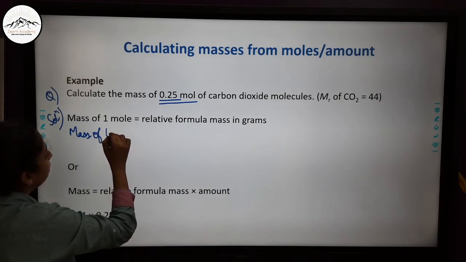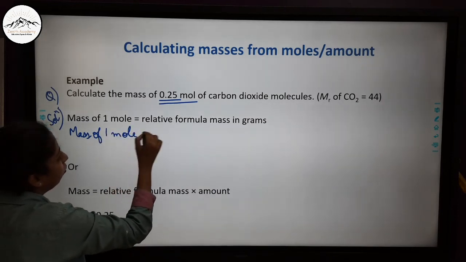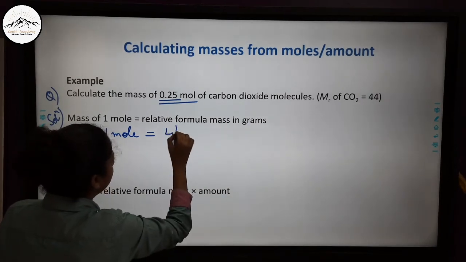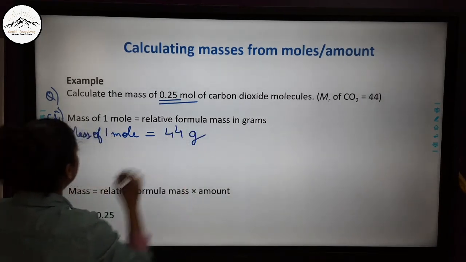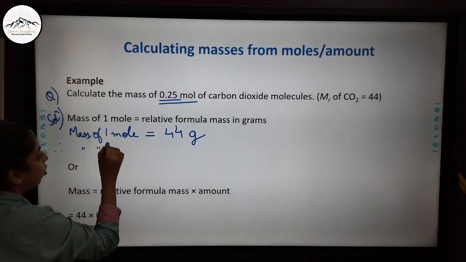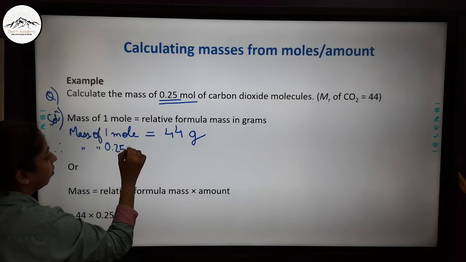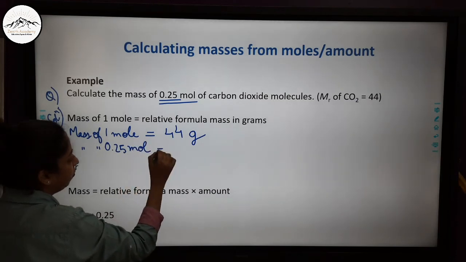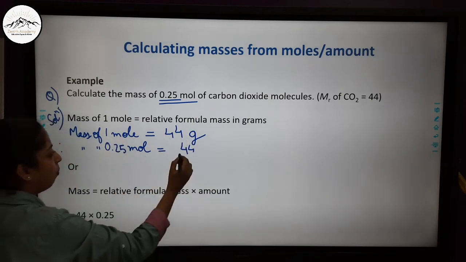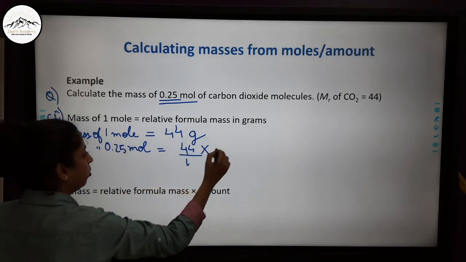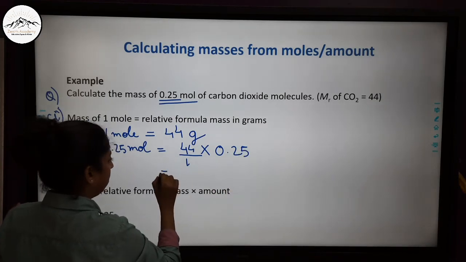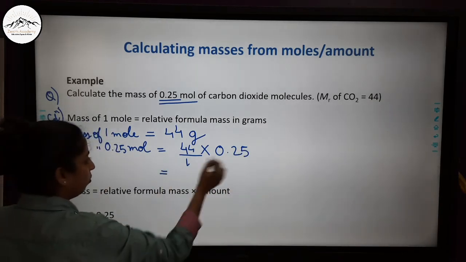So mass of 1 mole, what is the relative formula mass in grams? 44 gram. Right? So therefore mass of 0.25 mole will be, just use the unitary method, 44 upon 1 into 0.25, right, which is equal to 1/4 of 44,